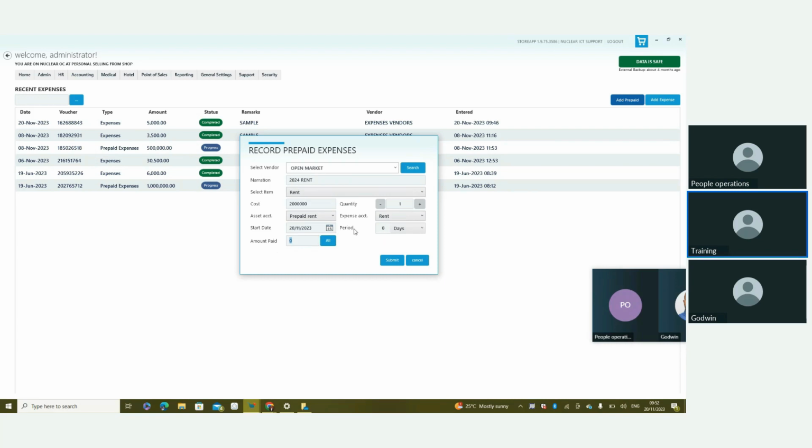So once I'm done with this, then I also have to select the period that this amount will be valid for. So if you are paying a rent for just a year, then you have to select 1 year. If it's for 6 months, you can change this particular number and select any of the options that apply. So if it's for 6 months, select 6 months. And then once I submit this,